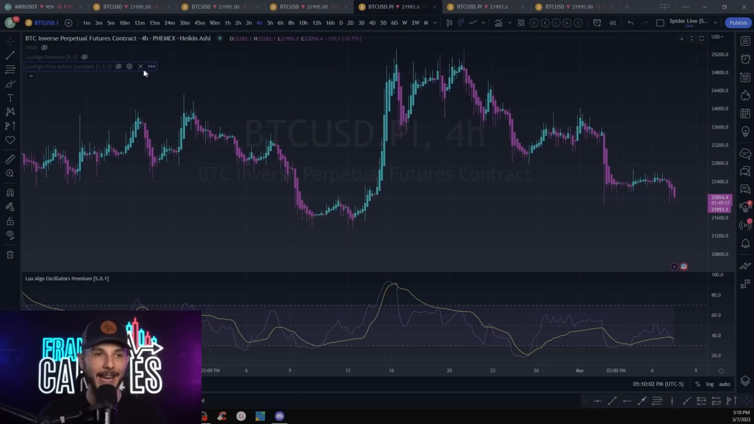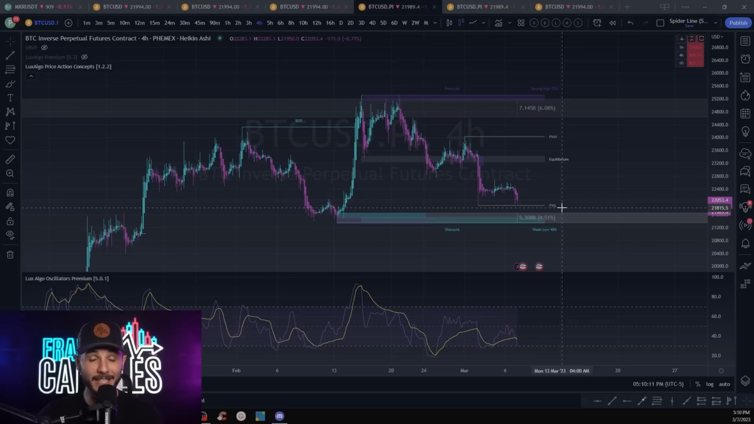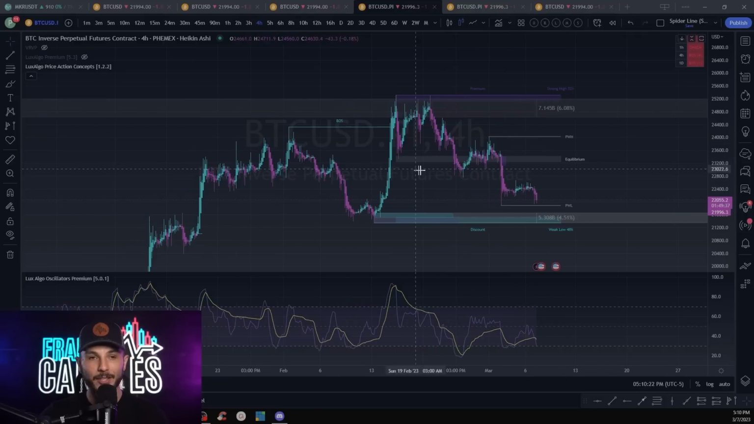So let's go ahead and make this visible on the chart. This is what my Lux Algo price action concepts indicator looks like, and you'll notice that it may be a little bit cleaner than yours, and that's because I designed it this way. So just to give you an idea of what I have on my chart here,